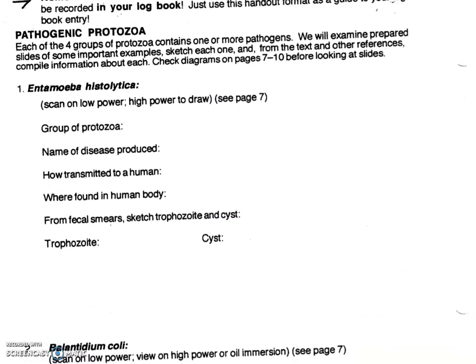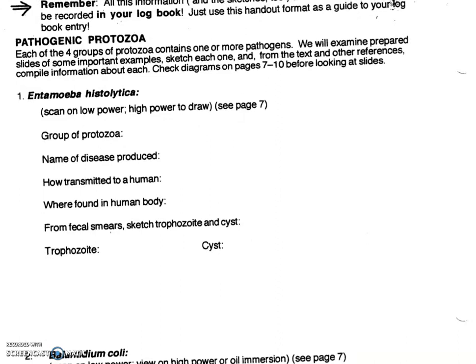Okay, so then we continue here with pathogenic protozoa. The first one would be Entamoeba histolytica. For this lab, since you have to do it online, all you have to do is Google Entamoeba histolytica, and you should be finding plenty of information to fill out this little worksheet right here. The group of protozoa, as the name indicates, of course, would be an amoeba. And the disease that this particular one causes is called amoebiasis. But make sure that you take a look at the pathogen group and also Google this. And then you should be able to